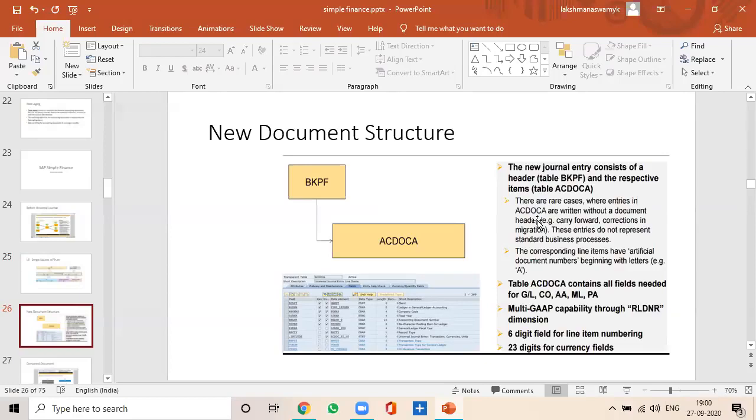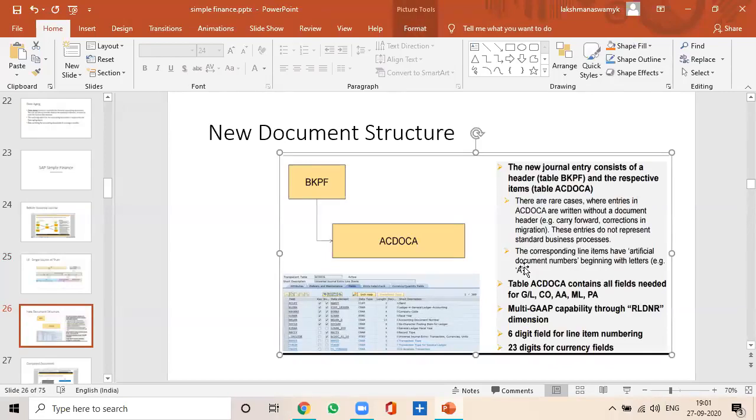So when you carry forward the GL account balances, asset account balances, vendor account and customer account balances, only the balance line items are carried forward without any document header. So in these cases, the ECDOCA table is updated without a document header. Then the corresponding line items have an artificial document number beginning with the letter A. This I will show you at the time of doing the carry forward in the